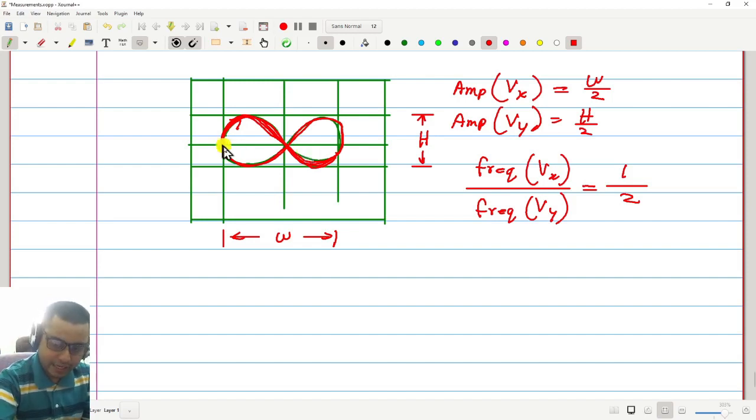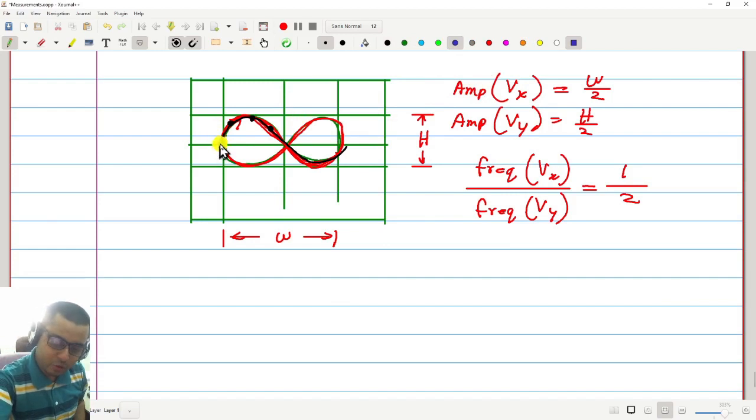Then it is possible that, for the same display, if I tell you that the beam is actually moving at a uniform speed over this line, then at t equal to 0 it is here, at t equal to 1 it is here, at t equal to 2 it is here, t equal to 3 it is here. Then from this you can say how the horizontal voltage is changing. It is changing like this, time 0 here, then going up, so this is basically the waveform of the horizontal voltage.